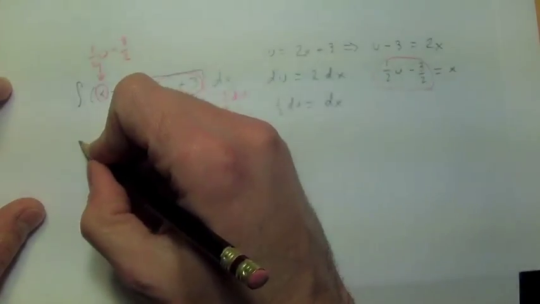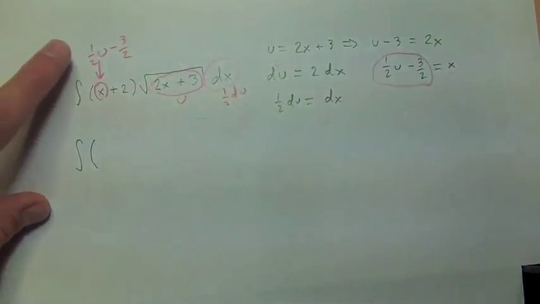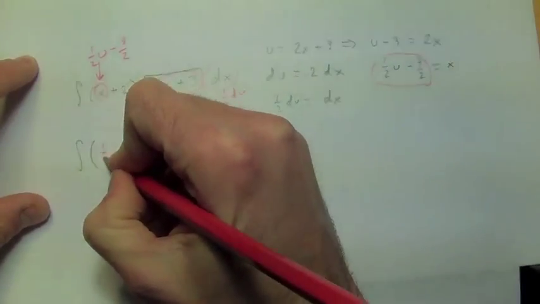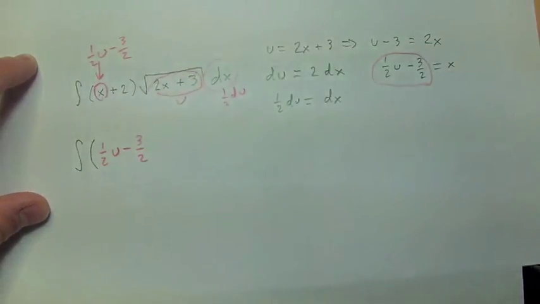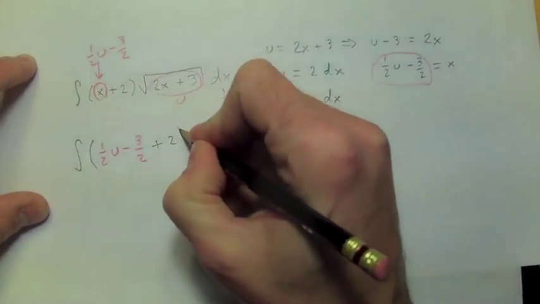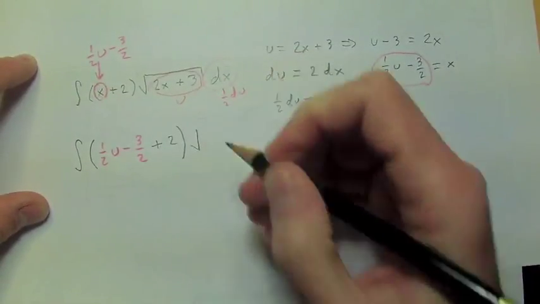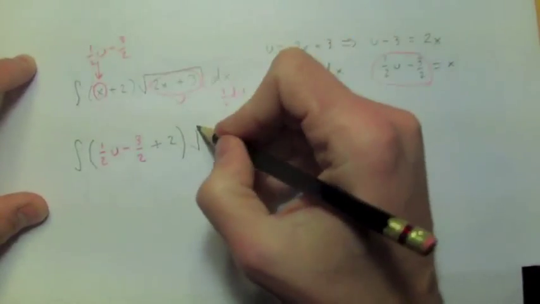So when I do my translation, this x becomes 1/2 u minus 3/2. I still have that plus 2, so constants don't really get messed with for the most part, times the square root of just u here,